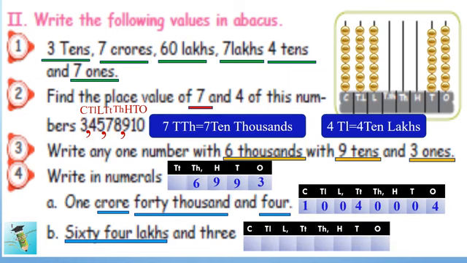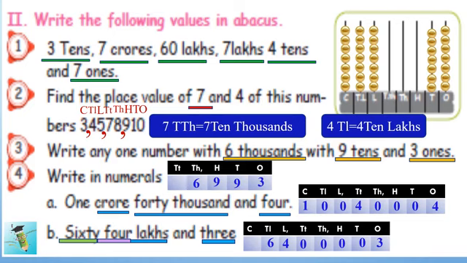40,000. So be careful. If 4,000 was given, we could easily fill in the 1000 column. But here 40,000 is there. So we should not put it in the 1000 column; we have to fill the 4 in the 10,000 column before it. So be a little careful here. Okay? And 4 simply 4, that means 1 column. So remaining are all 0. Why? Because there are no words in the number name for any other column, so I just fill with 0.